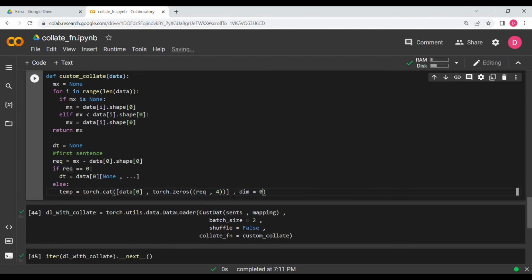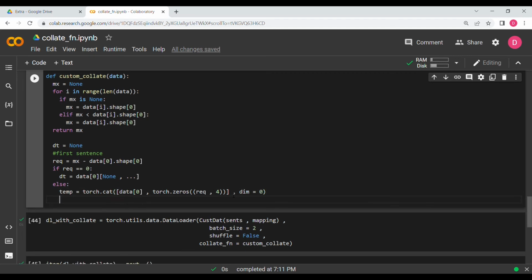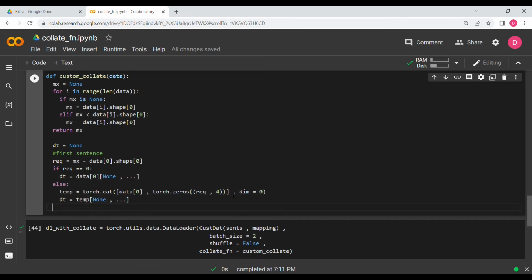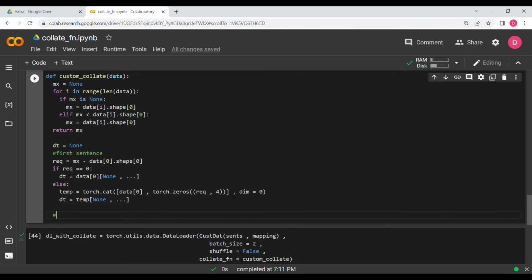Fine. So after this, we are going to say dt equal to temp of, and again increase the dimension. Okay, so this was for the first sentence, and then for the rest of the sentences